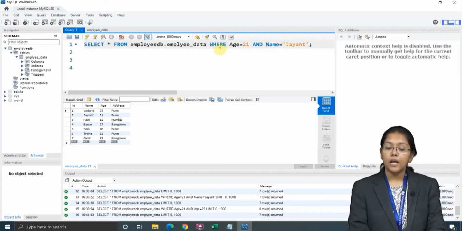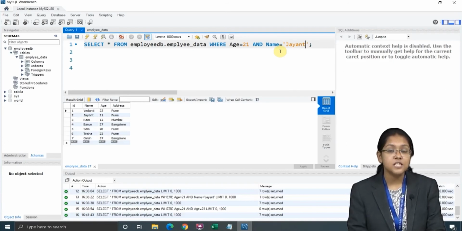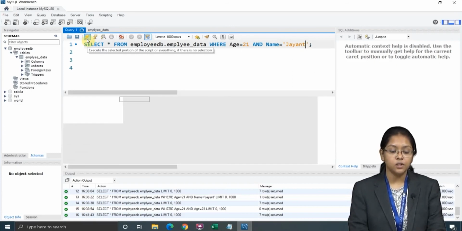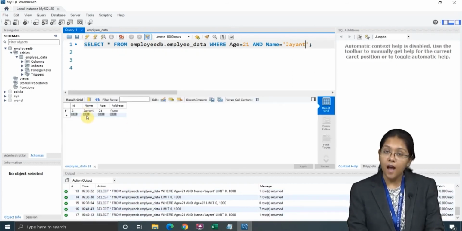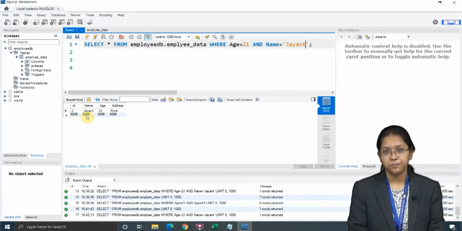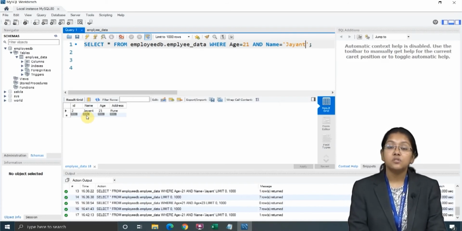Here both the column names are different, one is age and one is name, but of the same row. Now I will run this code. See, now the query is proper and it is being executed, right? So this is what your AND operator is used for.